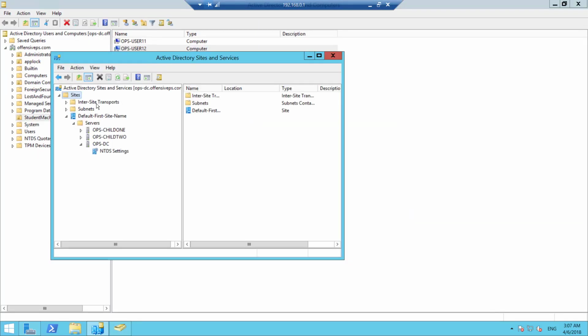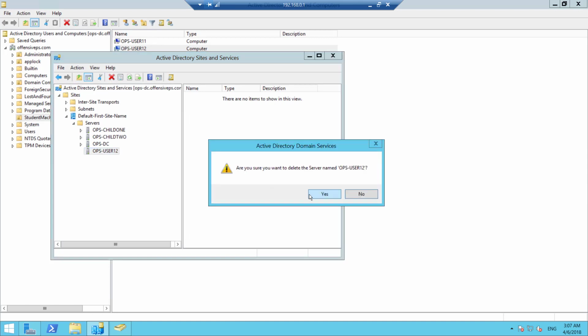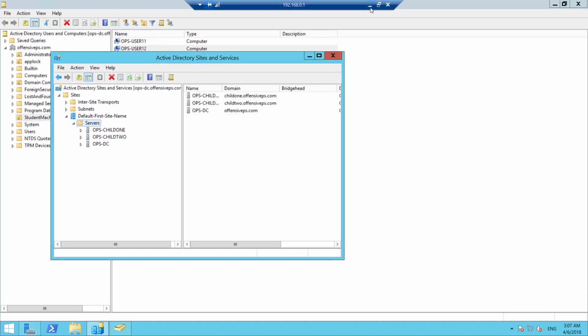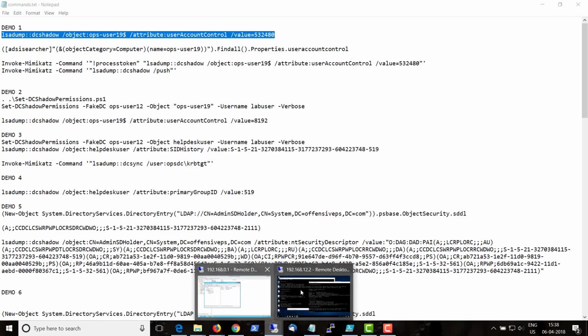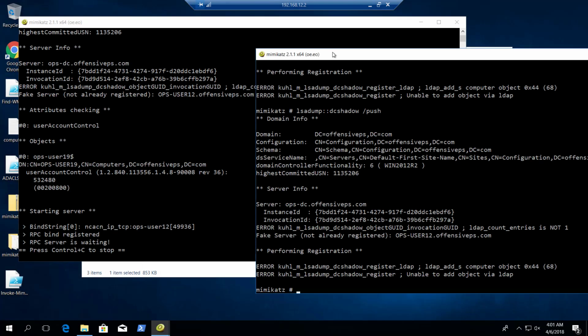So let's see. I believe, okay, let's refresh these servers. Yep, we need to clean this. Okay, now let's try this once again. And if this is successful right now,